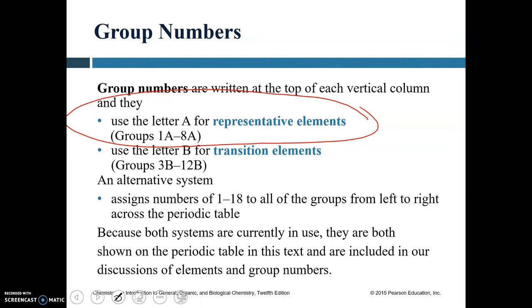An alternative way to name the groups is to assign simply the numbers from 1 to 18 to all of the groups from left to right. In this case, first and second groups contain only representative elements, as well as the 16th, 17th, and 18th groups. All others contain transition elements. So in this text, we're going to show both systems